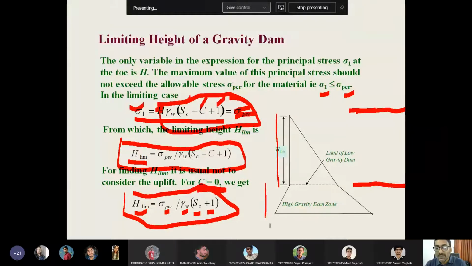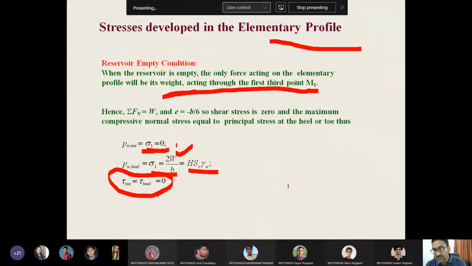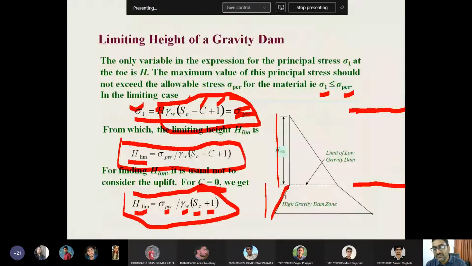And what we provide is the extra slope here, this is horizontal, and here we are providing the extra slope, and on the downstream side also extra slope, to keep the principal stresses less than the sigma permissible stresses. If we increase the base area, this is how we reduce the principal stresses in the dam body: we increase the area so that more area can take larger load and generate lesser stresses. So principal stresses on the principal plane would be lesser than the permissible.